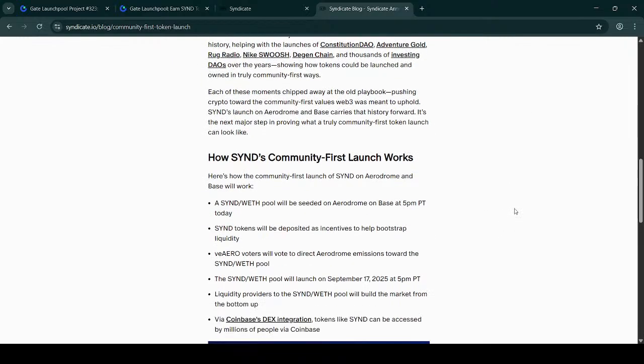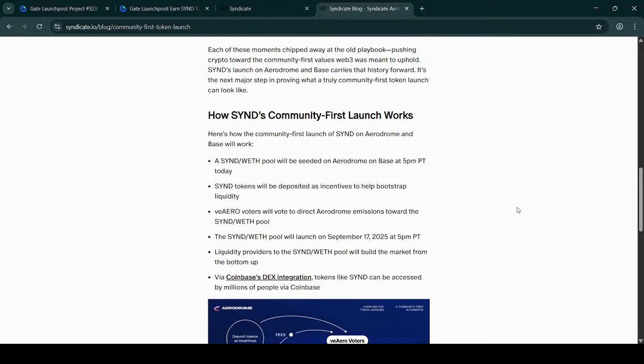So each momentum chip is the way at the old playbook pushing crypto toward community first value, and the theory maintains and upholds the SYND launch on Aerodrome and Base, carrying that story forward. It's the next major step in proving that a truly community first token launch can take off, guys. So SYND's community first launch shows how community first launch works, and the SYND launch on this